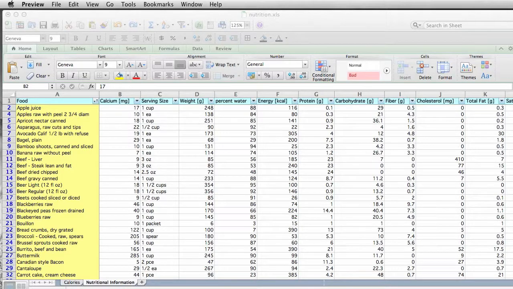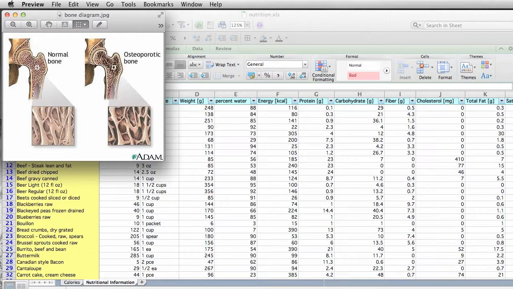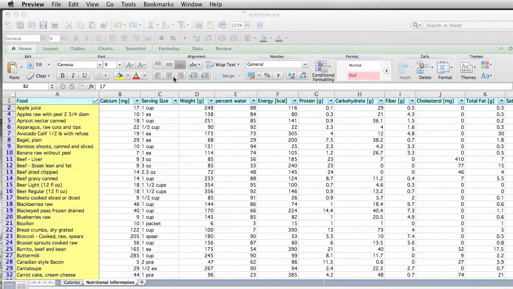If we were to look at a bone diagram here, you can see a normal bone. If you were to look in kind of a longitudinal section through this, you can see how all of the portion here of the marrow and so forth has a lot more dense structure than an osteoporotic bone, like you'll see over here. So the question is, how do you prevent it from going from this stage here to this stage here? Well, we do know that bone has a lot of calcium in it, and we need calcium in